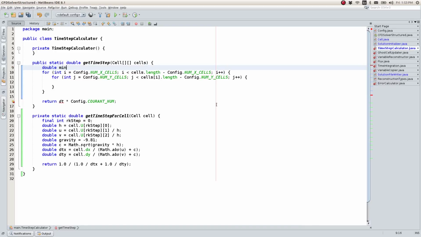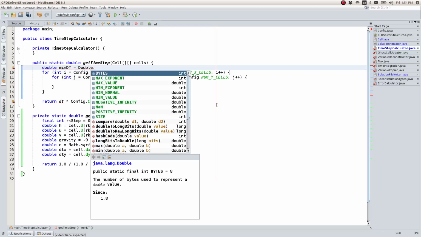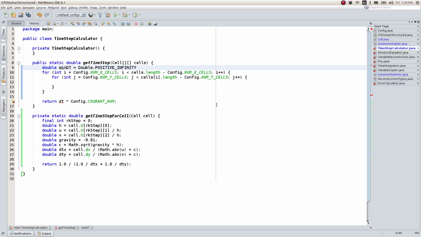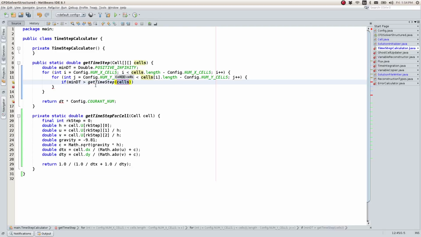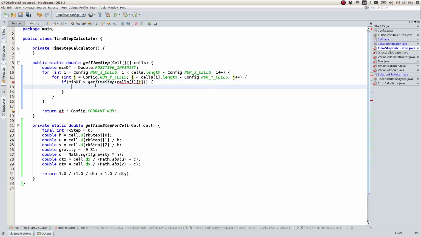Now I need to say double minimum dt is equal to, let us start with infinity, why not? So first to infinity being the minimum step. Now if minimum dt is greater than the get time step for that particular cell, the cell i, j, if it's greater than this, then